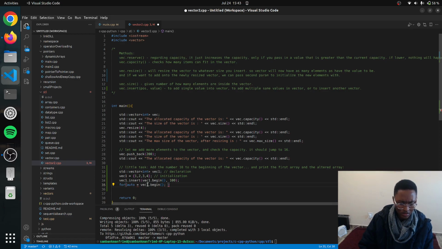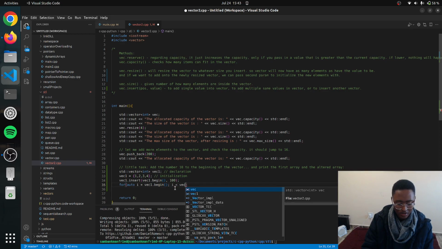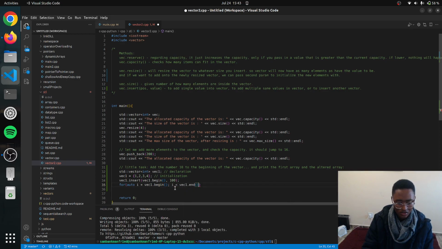No, I made a mistake. I'm gonna say for auto i, I didn't declare my index variable. i smaller than vec1 dot end, which is the end of the vector, and then we're gonna increment, and then we're gonna say we want to print it out, std cout